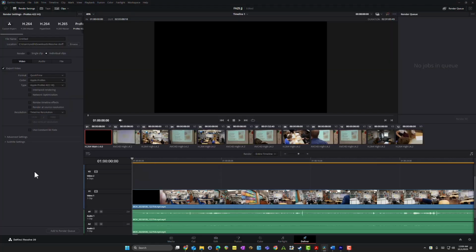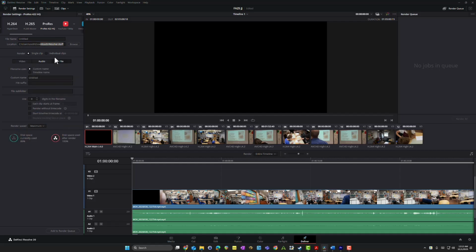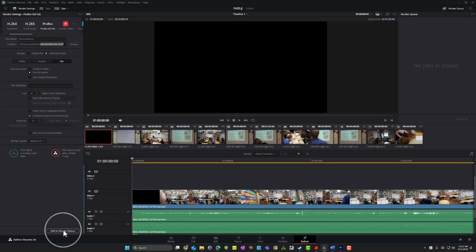We'll do this by first going to the Deliver tab. And one minor change that I would make to the settings is to use an uncompressed format such as ProRes 422HQ. Set your location for the output, and then you can change the file setting to individual clips, and we can change it to source name. Once that's ready, we can add these to the render queue,